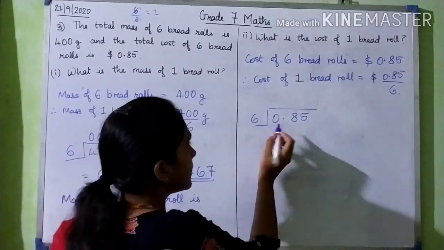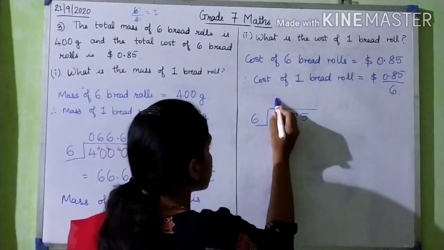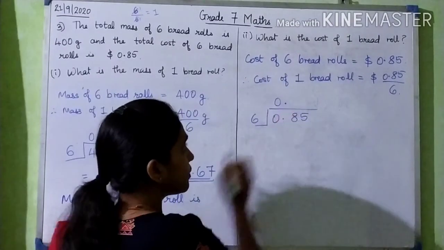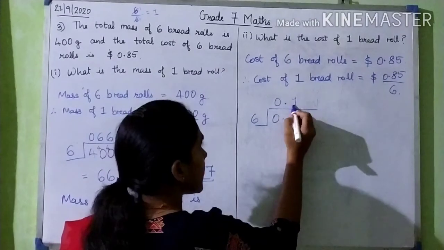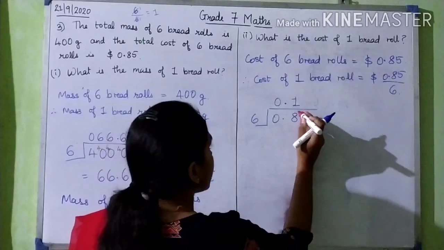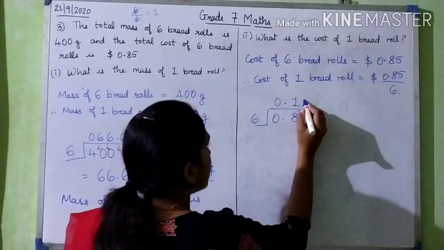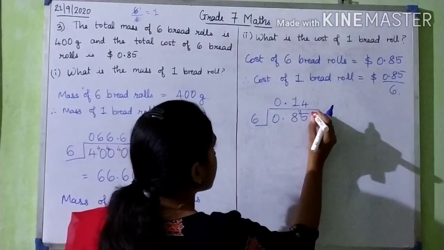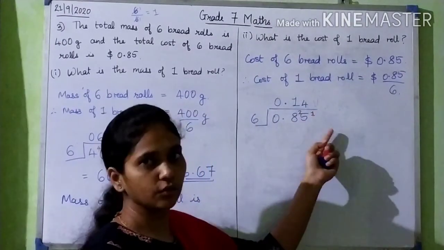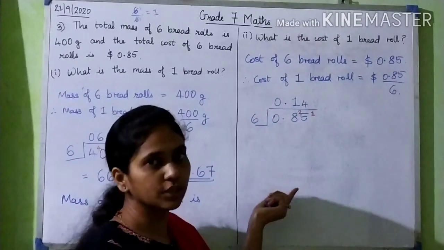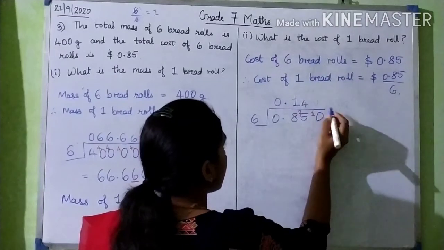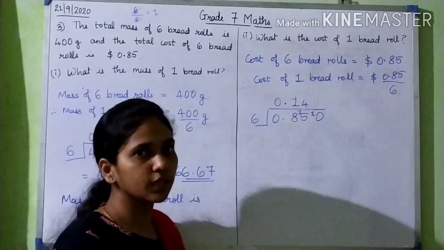This also we have to find to 2 decimal places. Now let's start. 6, this is 0, so this will be 0. 6 zeros are 0. Now there is a decimal point after 0, so I put a decimal point. Now 6 ones are 6. Now 8 minus 6 is 2, so 2 will be carried. Now 6 fours are 24. Now again 1 is carried. Now there is no number after this 5 here, but we need one more digit, so we have to put zeros. I need only one digit, so I have put only 1 zero.